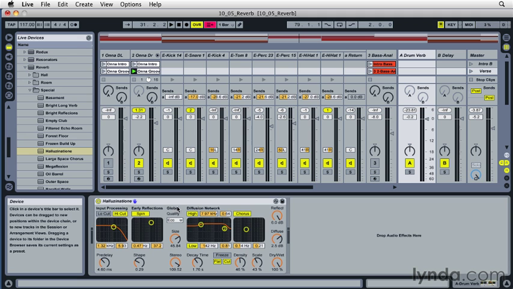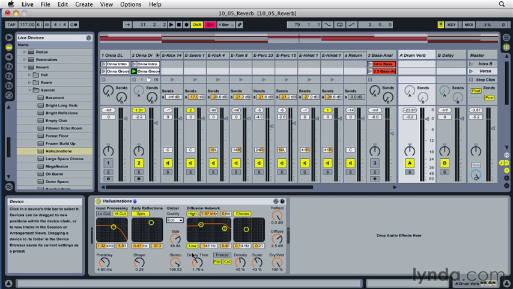Now in the middle of this particular plugin, we've got some global settings. One of those has to do with the quality of the reverb and the amount of CPU resources that are being used. So I can either set that to economy or eco, mid, or high. And depending upon how many reverbs you're using in a session will determine the setting that you'll choose there. Now you can check your CPU resources by simply looking at this meter over here. And if you're up there pushing 80–90%, you're definitely going to want to consider switching your reverb into an economy